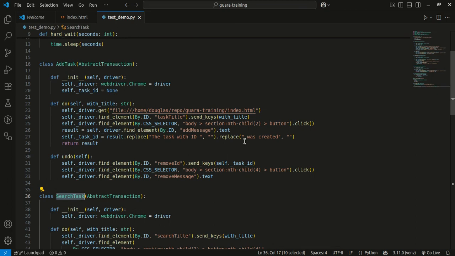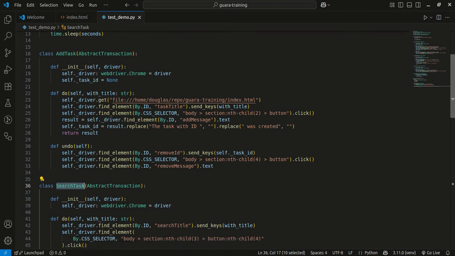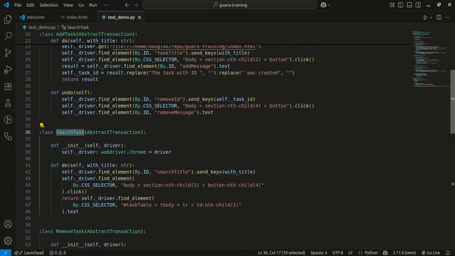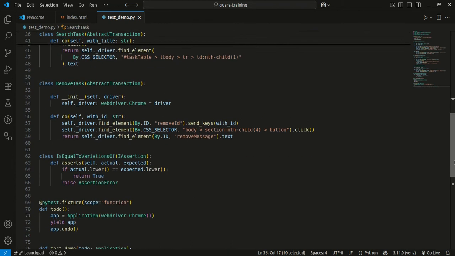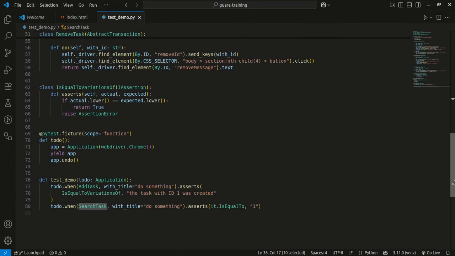So how do we document the do method? Okay, you can see that the framework